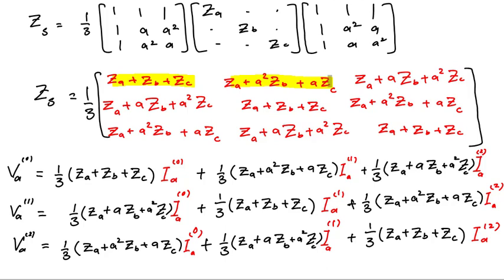So 1 plus A square plus A is equal to 0. So this entry will become 0. Same is the case over here. This will be 0. This entry will be 0. 0 over here, 0 over here. Only these diagonal entries will be non-zero and their value will be equal to ZA. So that will become a matrix that will make all the three sequence networks independent from each other.